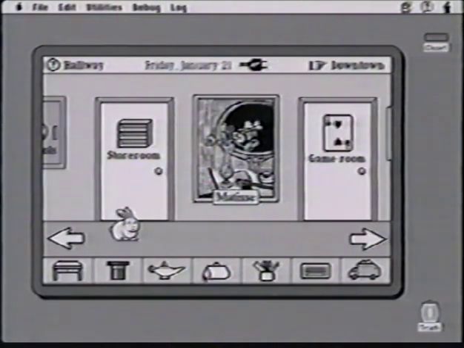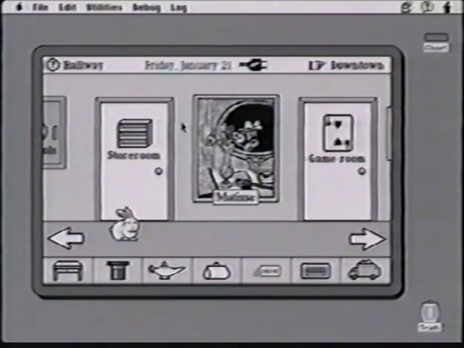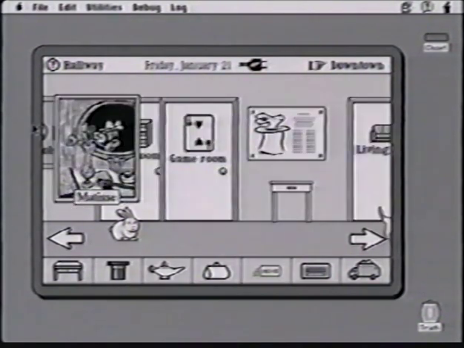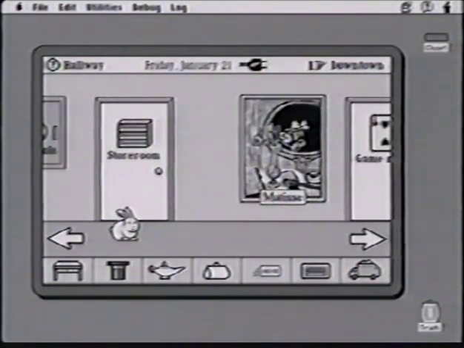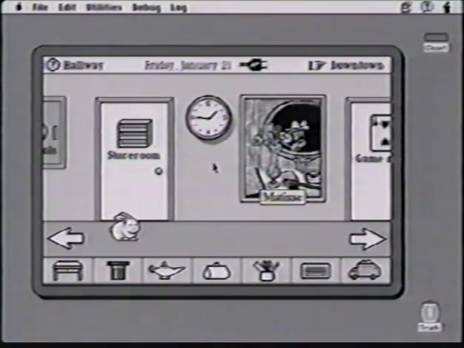Notice the bunny's still around. I'll get the move tool, and just when I move on the corridor, it moves kind of everything out of the way. The hallway itself is very malleable, and then I'll just take the clock here, and I've just customized my environment like that. So the point I wanted to make is it's very plastic, very malleable, and that's both